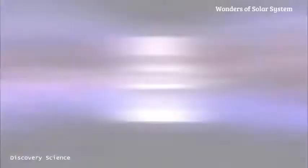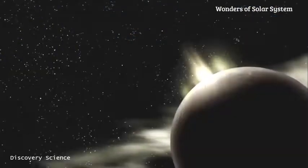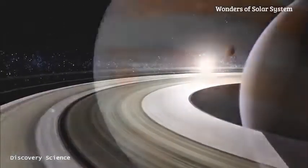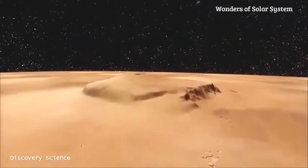Our cosmic tour has taken us to 7 wondrous sights. The icy, geyser-laden moon Enceladus, Saturn's sensational rings, Jupiter's great red spot, the largest volcano, Olympus Mons,